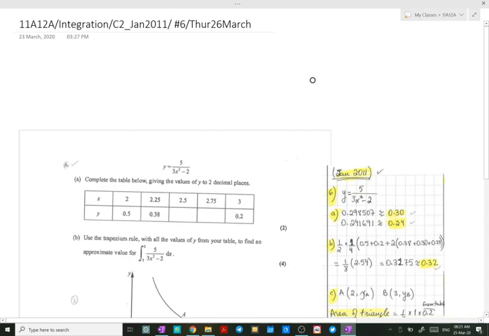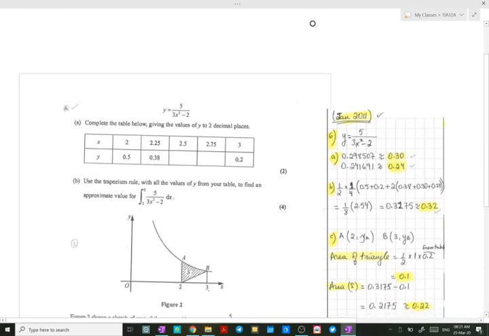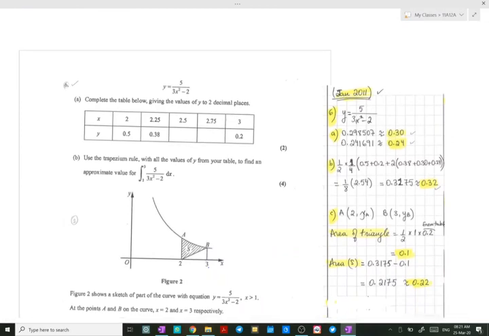Number 6, taken from the past paper C2 Jan 2011, an integration question. Complete the table below, giving the values of y to 2 decimal places,